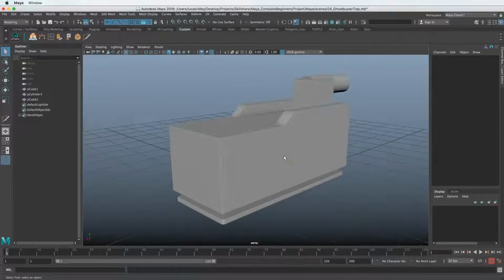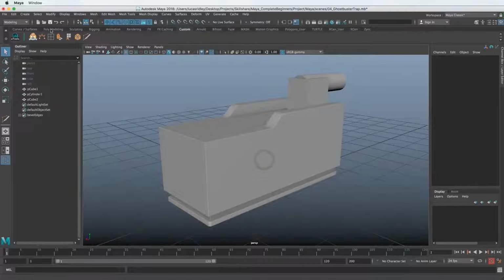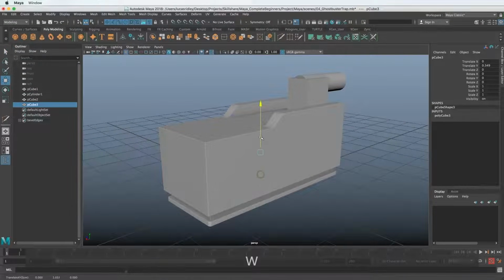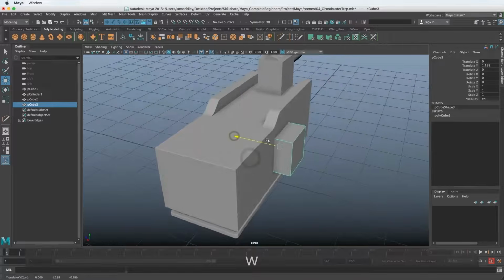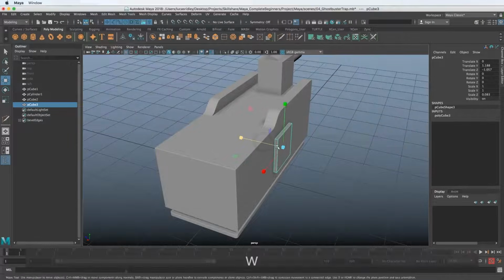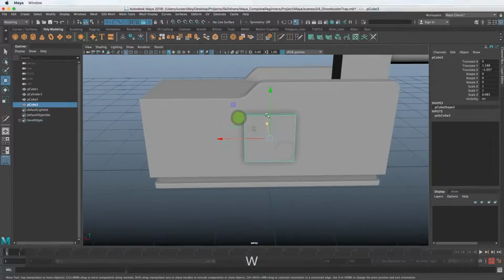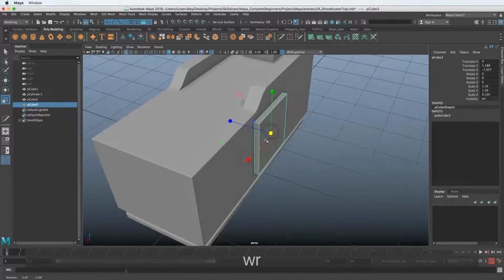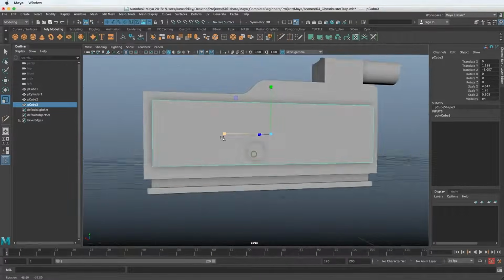So let's go and create a new object. We'll go to Poly Modeling Shelf, create a cube, and bring it up. Most things that ever start to get modeled in Maya start with a cube or a sphere, something simple, and then you add complexity to it later. So I'm just using the scale tool to change the size and get it roughly in the right spot.